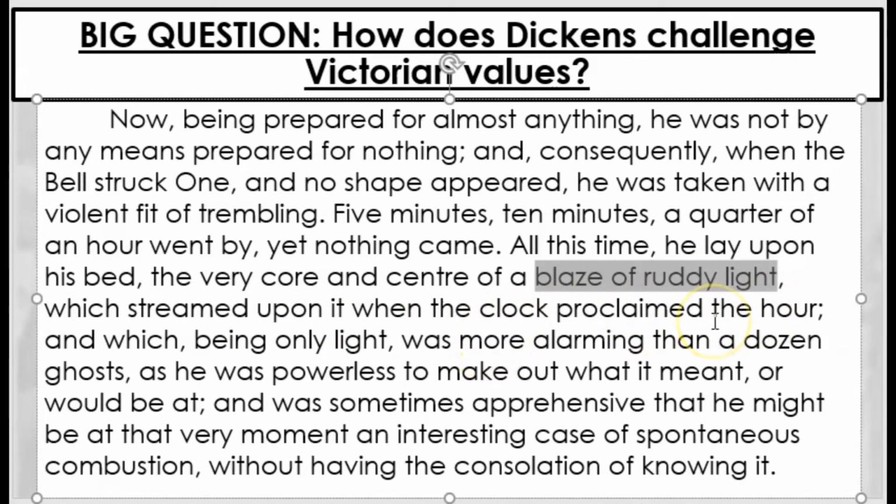So the minute the bell goes, this light appears, but he can't make out what's causing it. Right? He's not sure what it means, where it's come from. But of course, from a symbolic perspective, we know as readers that light equals truth and knowledge, this idea of the Enlightenment again. And so this is obviously part of the introduction of the next spirit who's going to illuminate Scrooge and help to teach him the error of his ways. So the symbolism of the light is very, very important once again.